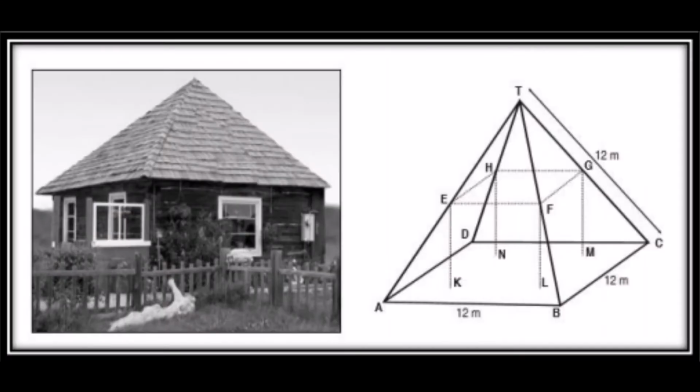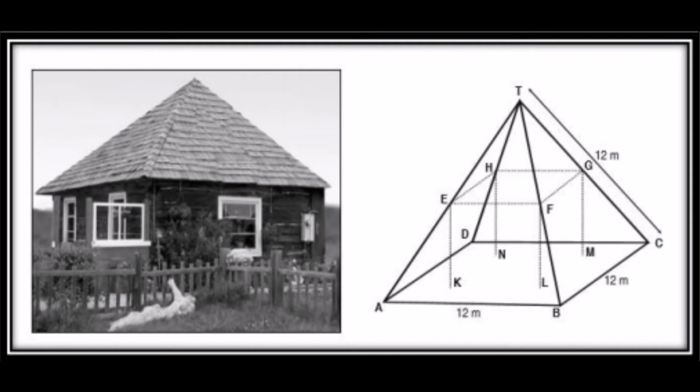Below you see a student's mathematical model of a farmhouse roof with measurements. The attic floor ABCD in the model is a square. The beams that support the roof are the edges of a rectangular prism. So, the rectangular prism is EFGH KLMN. If you notice the diagram, you can see it is a square base and on each edge of the square a triangle is there, right?